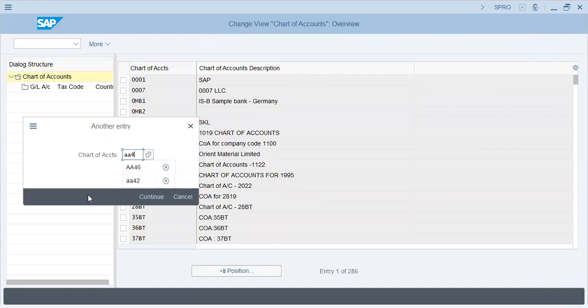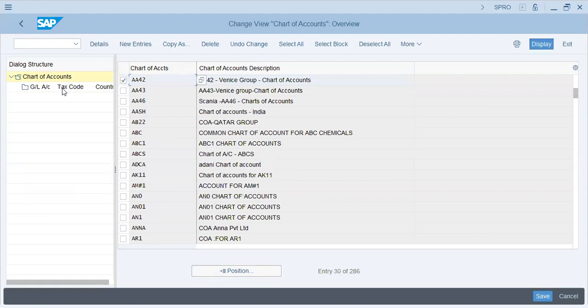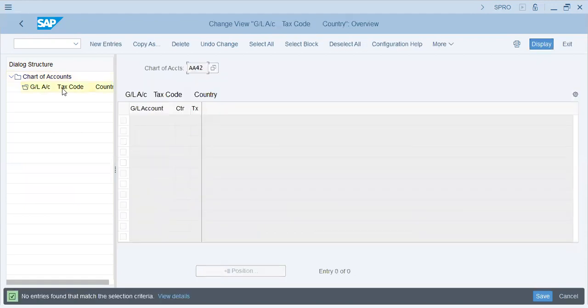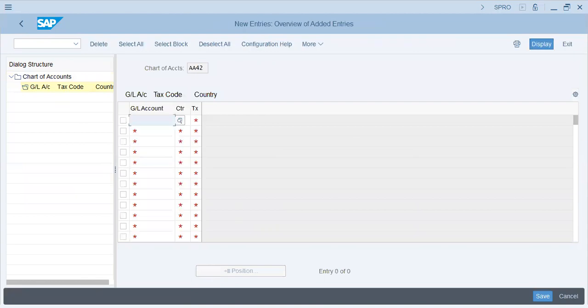Double 842. Tax code country, 80300 country PK tax FM. Now you see 8842 and RC44 have the same pattern of chart of accounts. So this is a useful tip if you are making